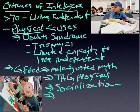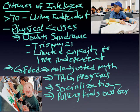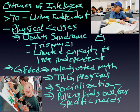So essentially what we've resorted to is pulling kids out of the mainstream classroom for specific needs. And that's kind of a compromise situation for a lot of these kids. Now, you can get kids in an even more disruptive category, similar to the kids that my wife works with, that are referred to as affective needs kids. And we used to refer to them as ED, or emotionally disabled kids. And they are so disruptive in the classroom that oftentimes we have to pull them out in order to preserve an intact classroom environment for the other kids, but also to provide them with the structure that they